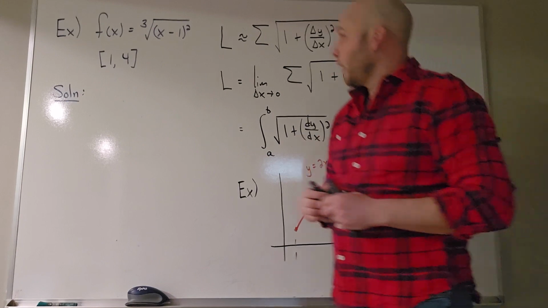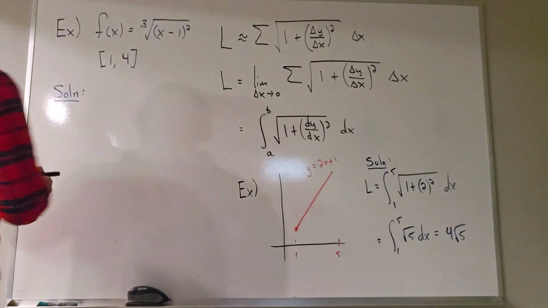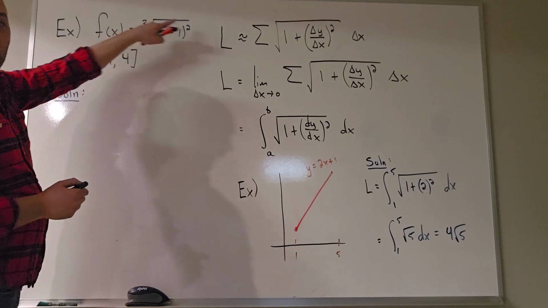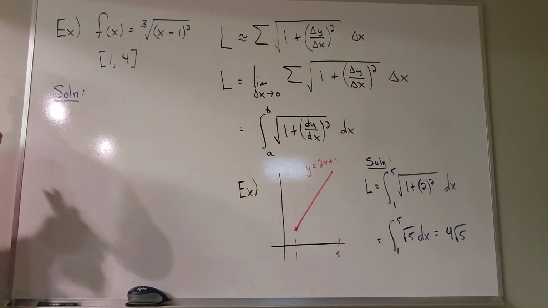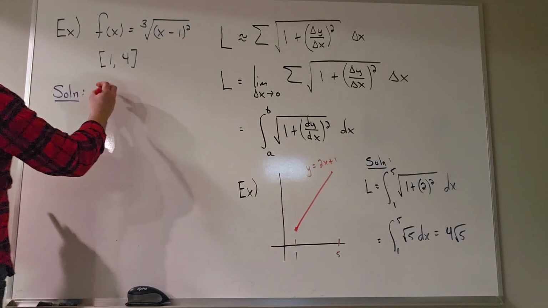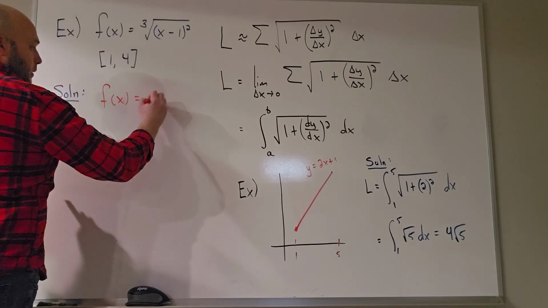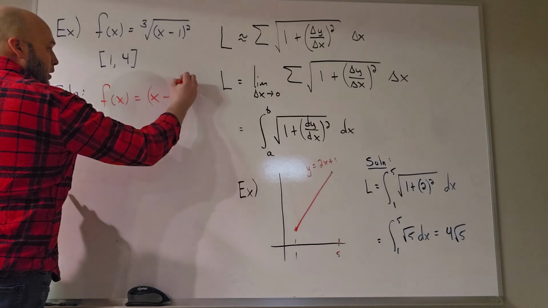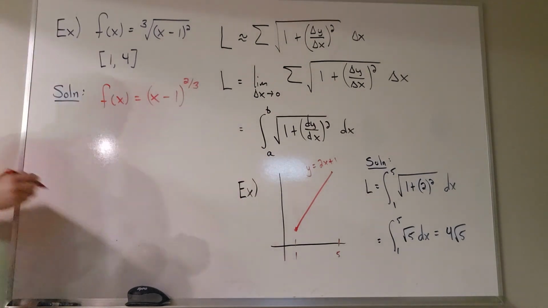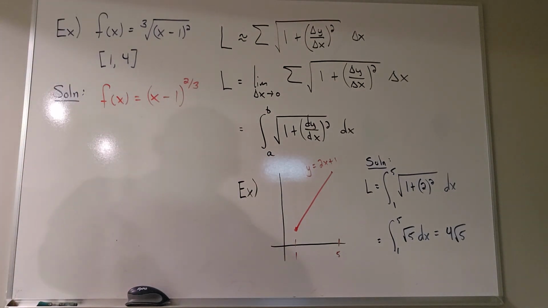we come up with. All right, so when I take the derivative of this, since I've got a radical and I've got an exponent on the inside, what I would do is I would start by writing this as just one exponent, meaning x minus 1 to the 2/3. And then,